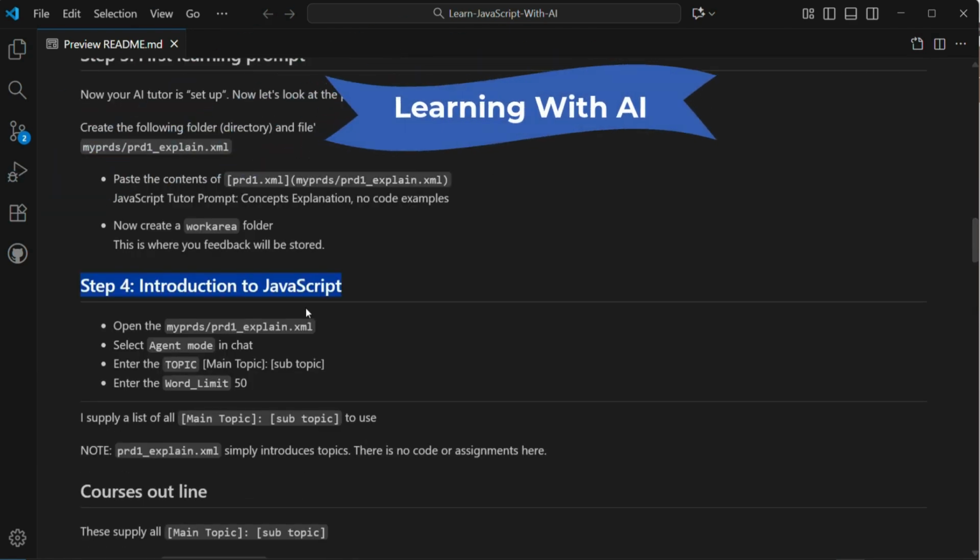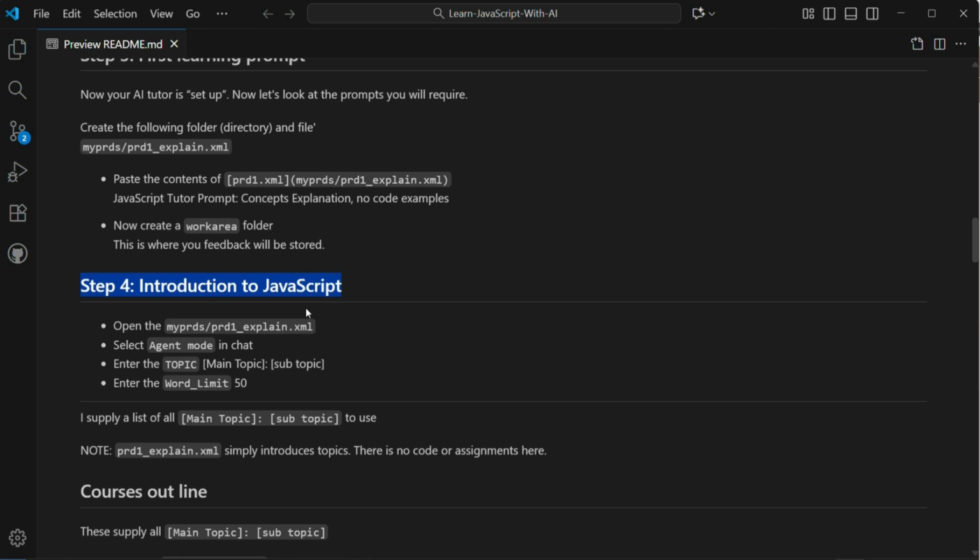Now, one of the important things about learning a language with an AI model is, one, you need to know how to write good prompts, and two, you need to know what to ask it. So it would be ideal if we had some course outline that we could follow. Now, if you're learning JavaScript on your own, even if you went to any of the AI online models, a lot of them now have learning modes, and they can tell you that they can teach you this one language or another. The problem is that they can take you down a rabbit hole, because they'll give you some examples,